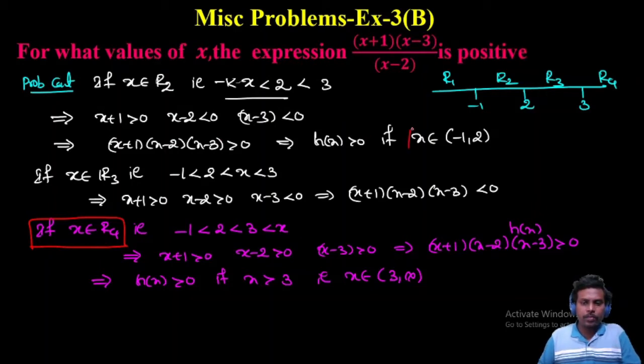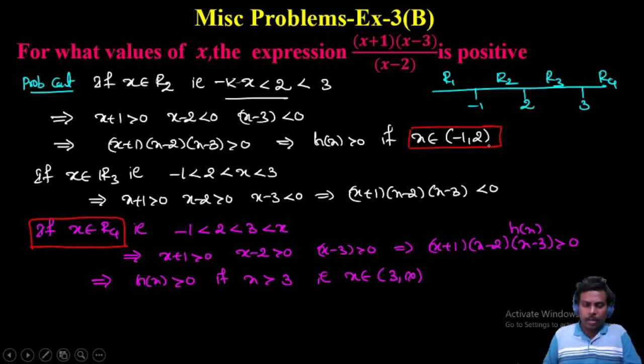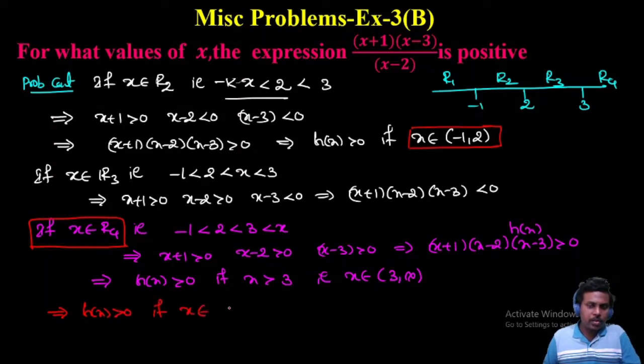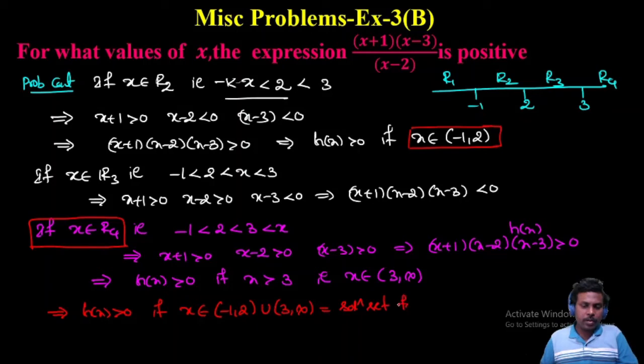So okay, the final conclusion is h of x is positive if x belongs to -1 to 2 union 3 to infinity. So this is the actual solution set for the given equation, given inequation actually. Okay,